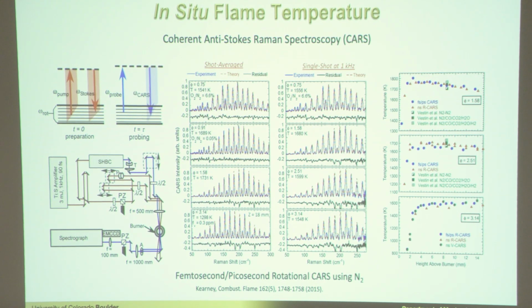So you have this really broad background that can make your signal really hard to see or hard to interpret. Normally when people are doing this for a sooting system, they use these femtosecond or picosecond type setups that allow you to do the measurement with a much shorter time scale, in a pulse regime where you don't actually get LII. Remember, I was saying that you can't do LII with a femtosecond laser, because you don't have a fast enough distribution of the energy into the thermal states of the molecule, of the particle. Okay, so you can see that,